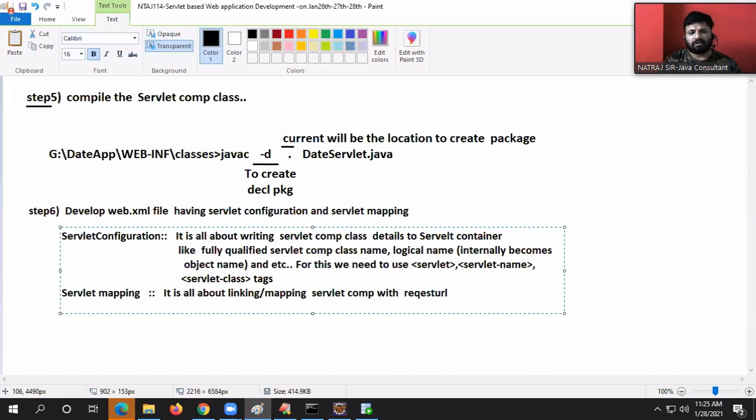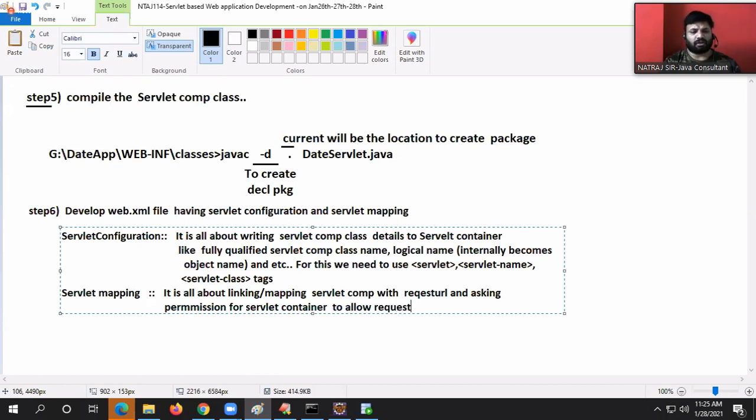So the request URL is asking permission from the servlet container, permission to allow a request with the given URL to go to what component? The servlet component.